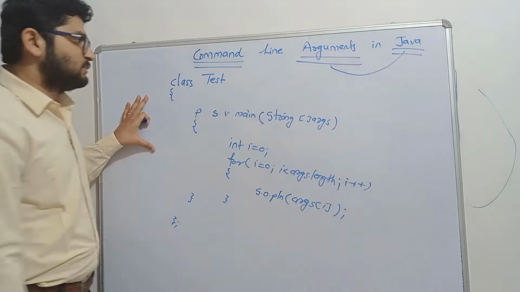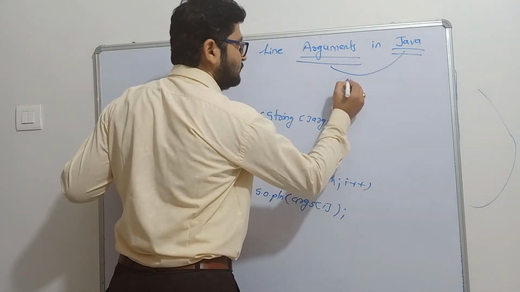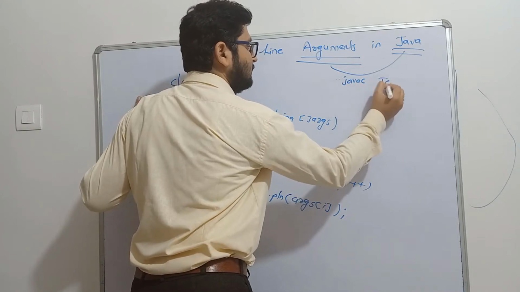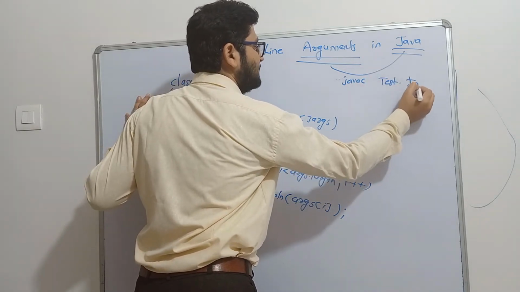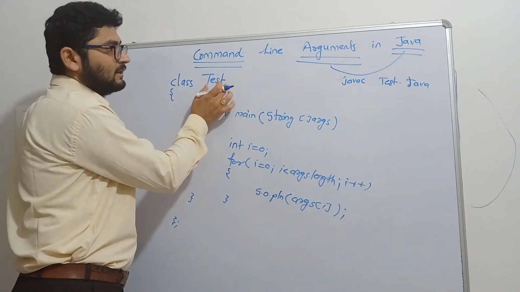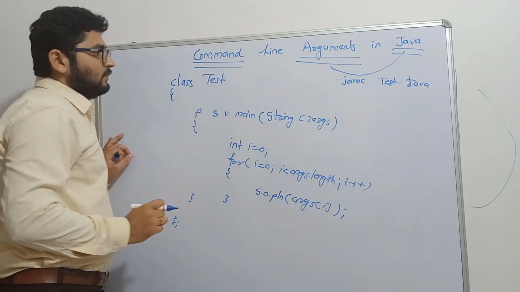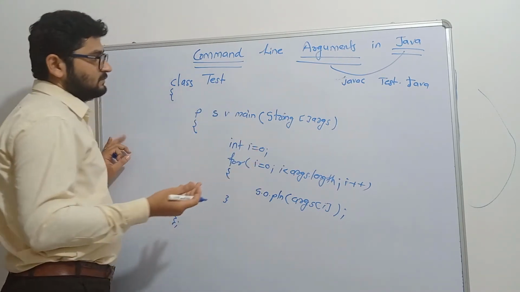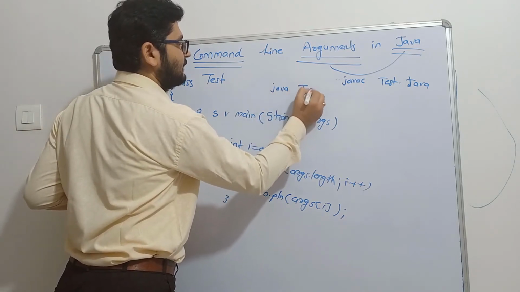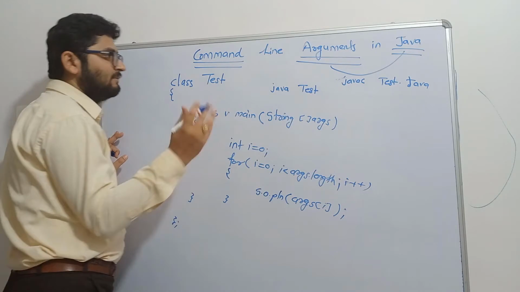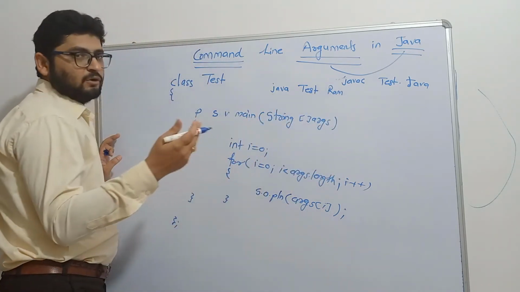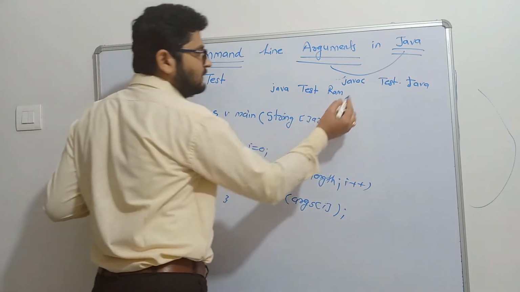Now I am going to compile this program using javac. So using the javac command in the command prompt you are going to compile Test.java. Obviously this program will be stored as Test.java because the name of the class itself is Test. Now for execution of this program I have to use the java command, and then I have to give the name of the class, that is Test, and after that I will provide 3 strings. You may provide 1 or 2 or more strings. I am going to provide 3 strings.